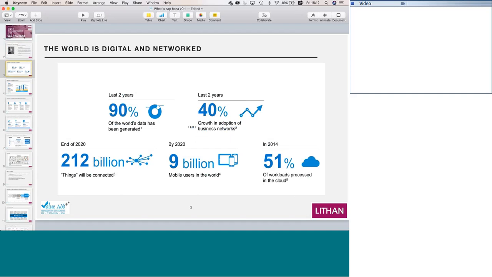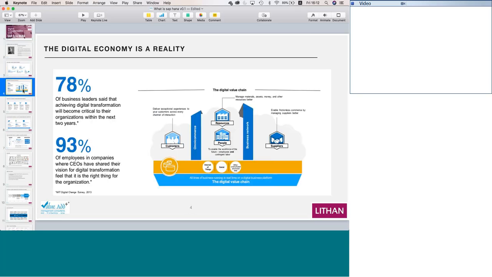So good. Next slide. Now, I think this also everybody knows. There are no questions on this. I'm just putting up the context over here. Digital economy is a reality. Don't go to America or the outside world. Look at India itself. Look at the Aadhaar card.